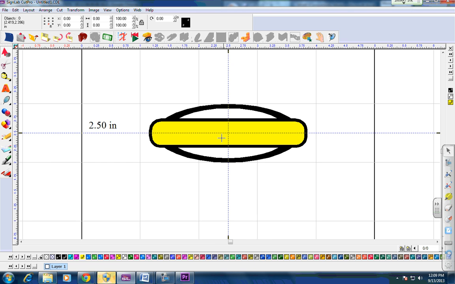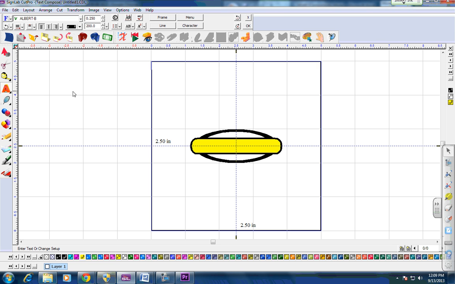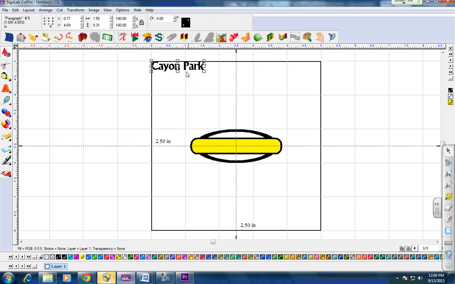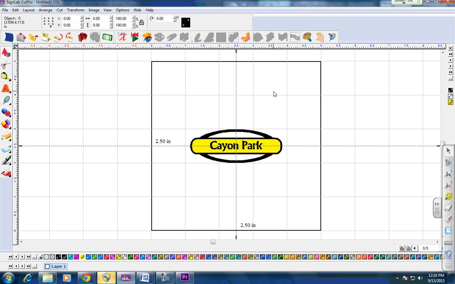So then finally what we're going to do is add some text. So you're going to click on the text, compose. You're going to scroll down till you get Albert-B text and edit that setting to 0.250. Then you're going to type in capital C-A-N-Y-O-N and then capital P-A-R-K. So your settings once again should be like this. Hit the selection tool, line that up in the middle, and you should have your logo for the Canyon Park